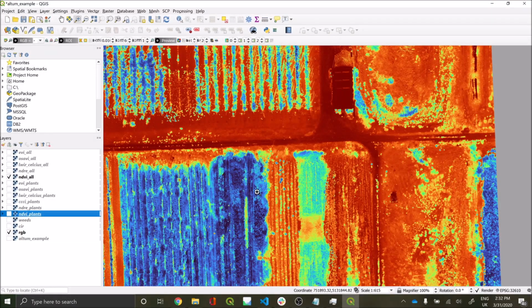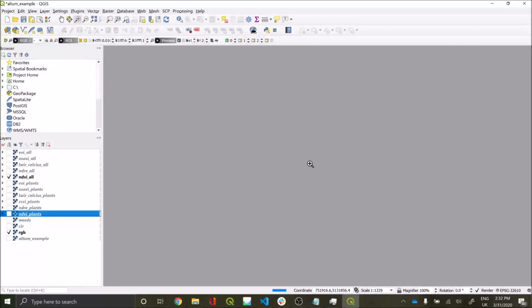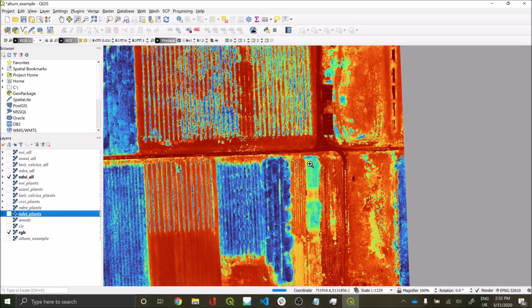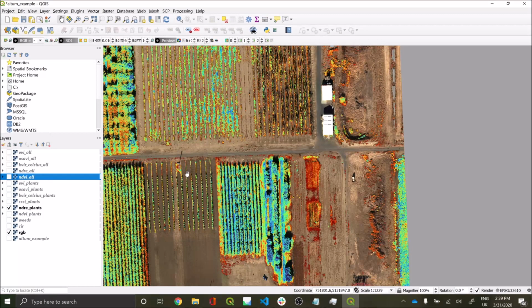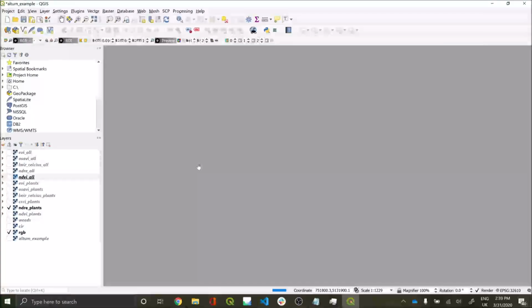We can now see the drastic difference between the scrub-like areas and the areas with vegetation across the site. The next layer we shall look at is NDRE plants. Select the toggle box for it and click NDVI all off. Give it a few moments to load, and once it does, pan around the area to see the